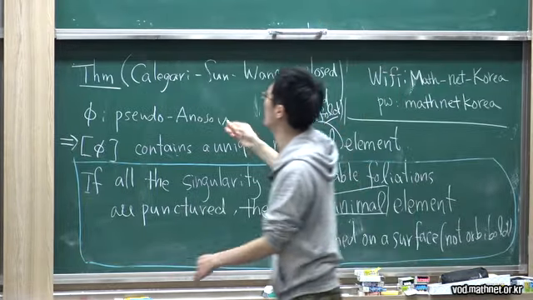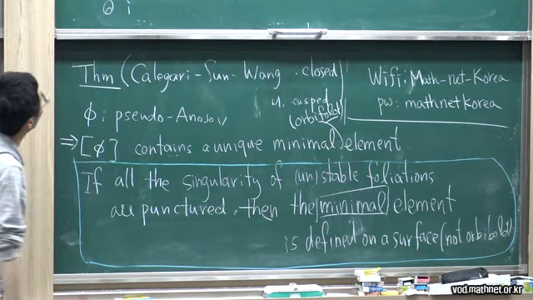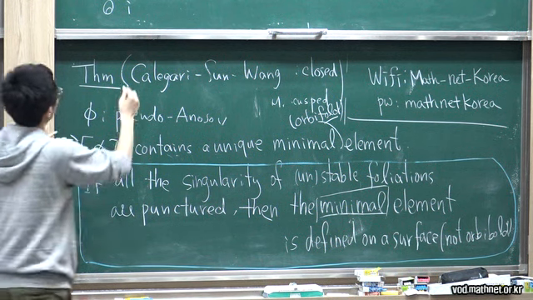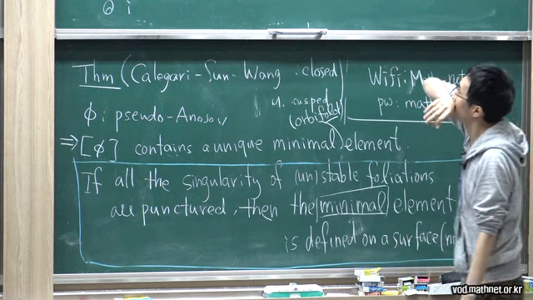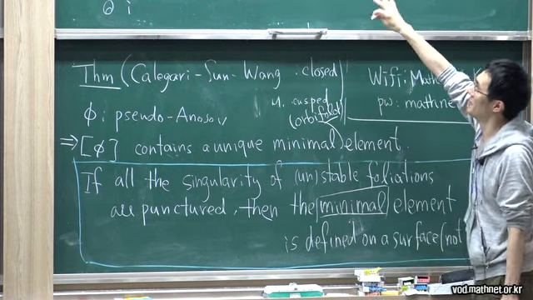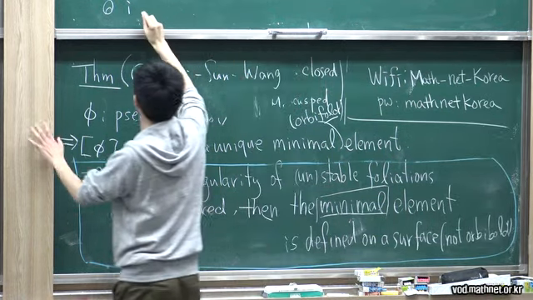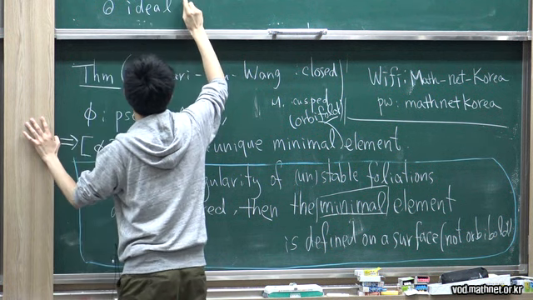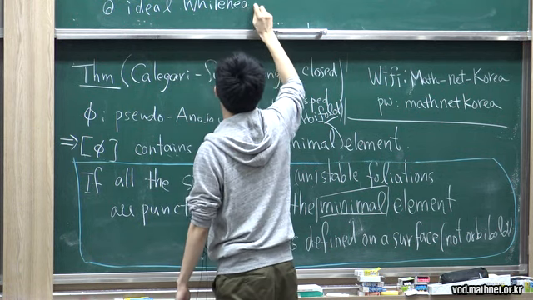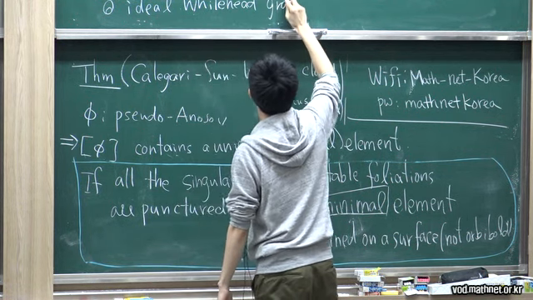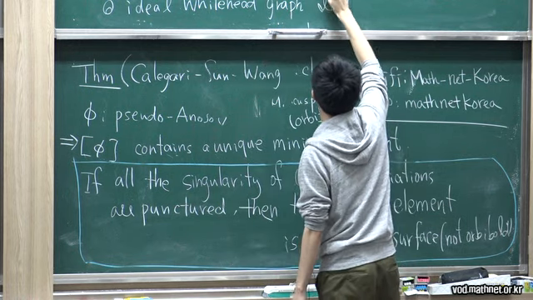Again, sorry, I also need to mention the idea of the Whitehead graph. I'm sorry, I don't have time to explain the definitions. This T plus is somehow like the stable foliation, and the stable lamination is somehow like the stable lamination of a pseudo-Anosov. This is the stretch factor. And this ideal Whitehead graph is something like